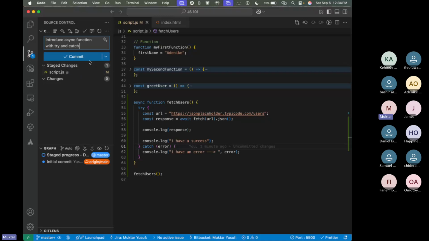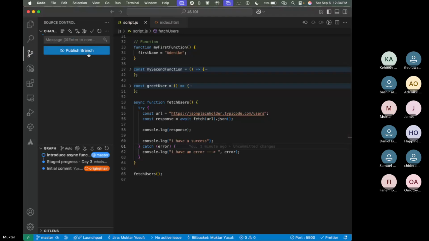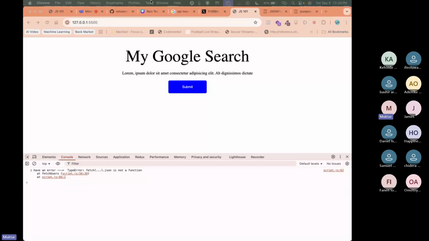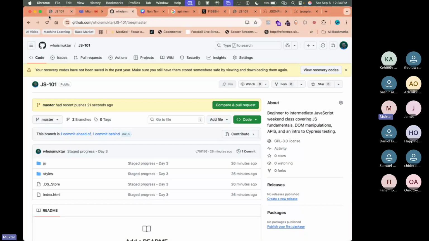So I just commit this. Because if I come to my browser here, my GitHub,